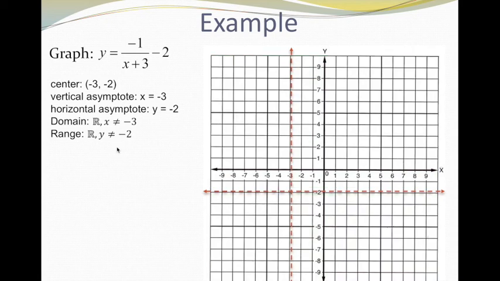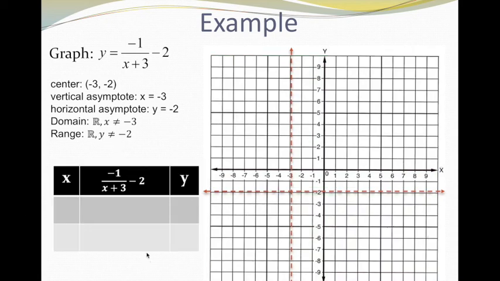Okay, so now I need to create my XY table, graph my points, and draw my branches. I'm going to look at my vertical asymptote and pick a number on either side. So I'm going to go with negative 4 and negative 2. When I input negative 4, I get negative 1 over negative 4 plus 3, minus 2. So I get negative 1 over negative 1, minus 2, or 1 minus 2, which is negative 1. So negative 4, negative 1. Again, my branches are going to approach my vertical asymptote and my horizontal asymptote, but never